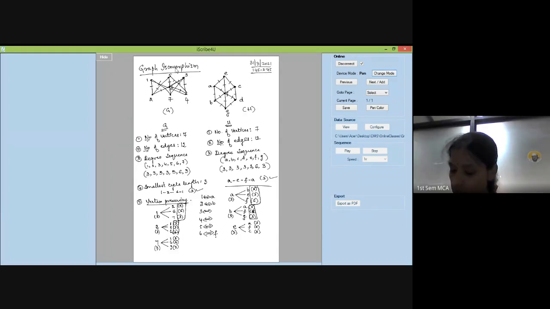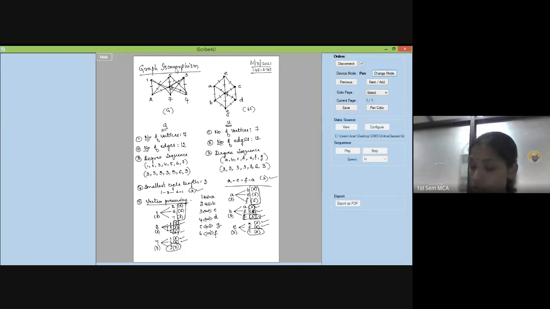Next, what can I make? 5 and 3. 5 has degree 3 here, adjacent to 1 and 6, and of these we have already made equivalents: A and F. So 5 can be made equivalent to G. 3 and 4: 3 is adjacent to A and F, already mapped. I can make C equivalent to 3. 4 can be made equivalent to D. This is becoming a one-to-one mapping. It is very direct, so there is no issue.